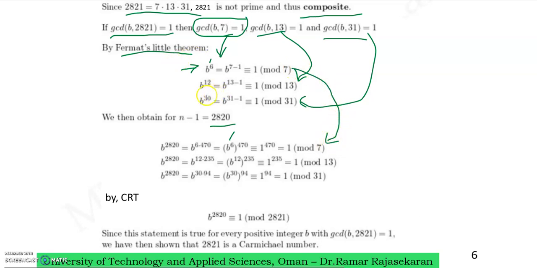Similarly, see here, second, B to the power 2A20 is equal to, now you write the same number 2A20 as a multiple of 12, because here I have 12. So now 12 multiplied by 235 and this one. So now from the second equation we can write B to the power 12 congruent to 1 modulo 13. So here for this put the value B to the power 12, we can write 1. So here 1 modulo 13. Similarly, now